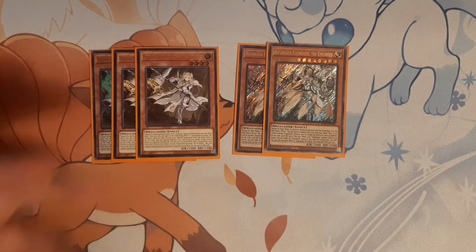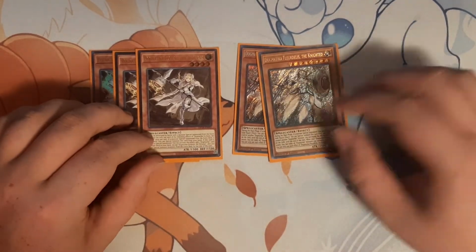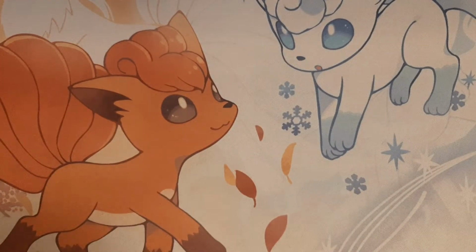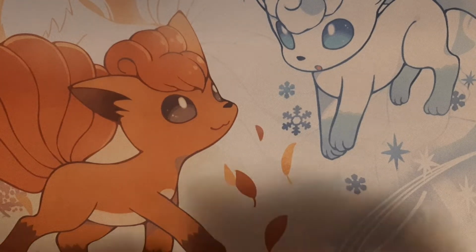So, Ecclesia writes as Fleur-de-Lis or Punishment, and Fleur-de-Lis is a negate. That's all you really need to know about these two. Fleur-de-Lis also helps close out games in a pinch. That effect doesn't really come in too much because she's barely on board, but it does come up. Plus, they're lights for Shaddoll Fusion, so...